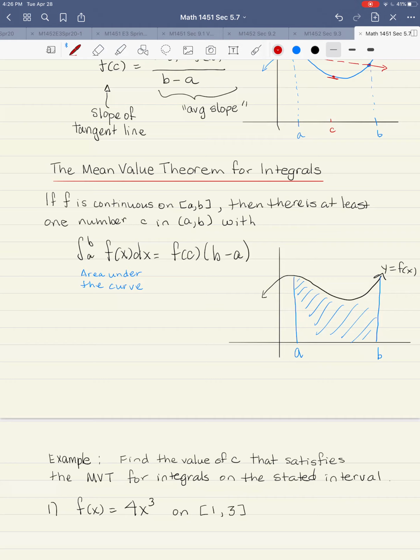The mean value theorem for integrals guarantees at least one number c in here at which the area of this box, height f of c and width b minus a,